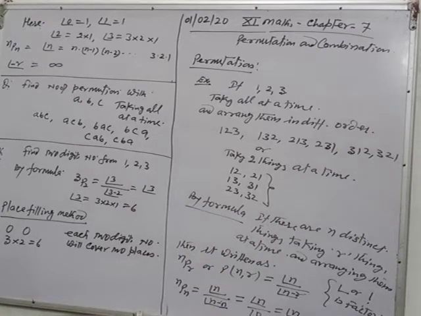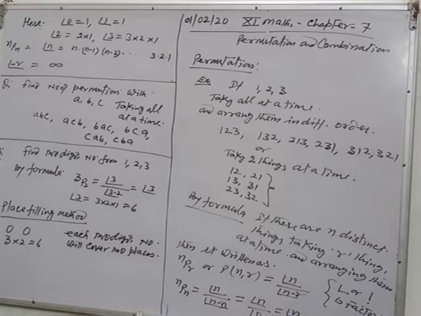11th math students, today I am going to start your next chapter, chapter 7, permutation and combination. First you have to know what is the meaning of permutation. The word meaning is collecting a number of things and arranging them in order. In an order. First collecting, then arranging them.